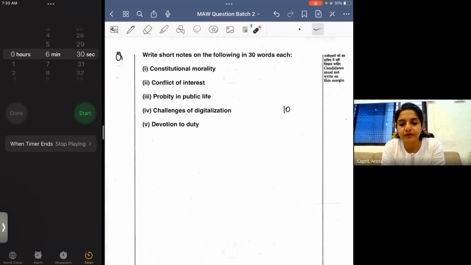Like probably the first thing that comes to your mind, either examples or some explanation that you think can best express your thought about that heading to the examiner. So you write that, but mark out the space. One part should not eat into the space of the other part, right? So start writing, but just have a mental picture of how much space you're going to give to each part. Okay, start writing.